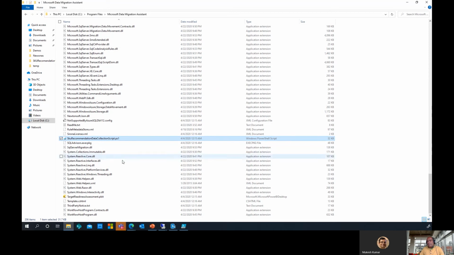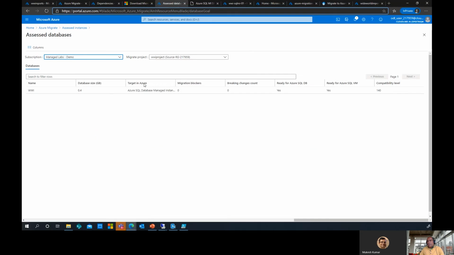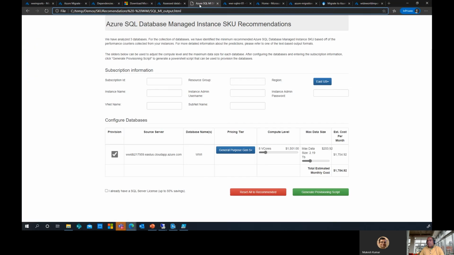I ran this script already, so I'm going to show you what recommendation my DMA gave me in terms of the SKU recommendations. I go here, and this is the output of the SKU recommendations that I'm seeing. For the specific instance that I see here, it is giving me a recommendation of 8 vCore that I need to create with that specific SKU with general purpose tier